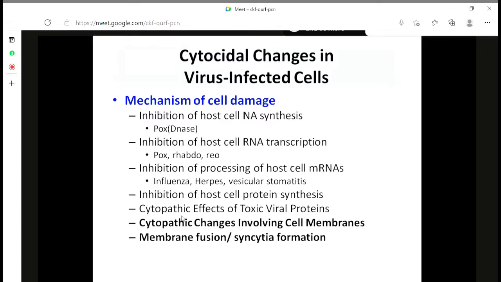There are even certain viruses where the capsid protein or some of the early proteins become toxic to the cellular compartments inside the cells. They may cause damage to the actin fibers, and the presence of these viral proteins becomes toxic, and the cells undergo cytocidal changes. It may also affect the membrane, or the mechanism of damage may attach and cause severe membrane damage, and more particularly